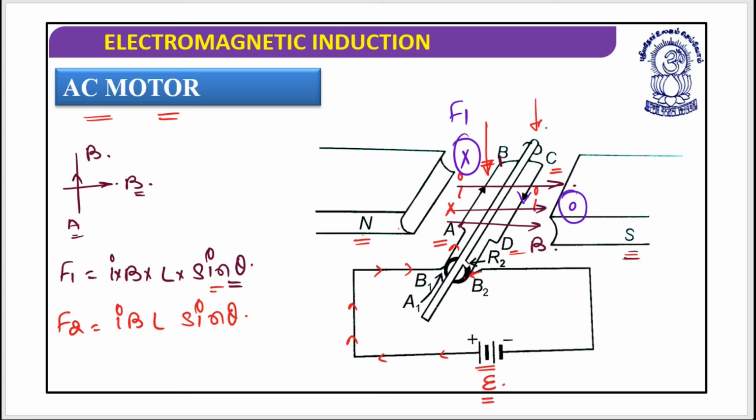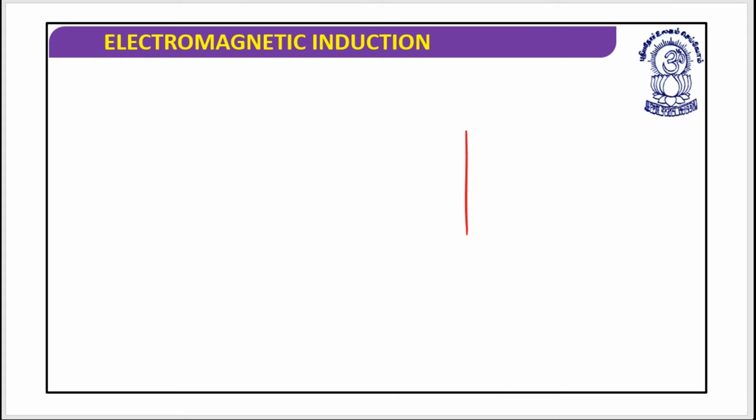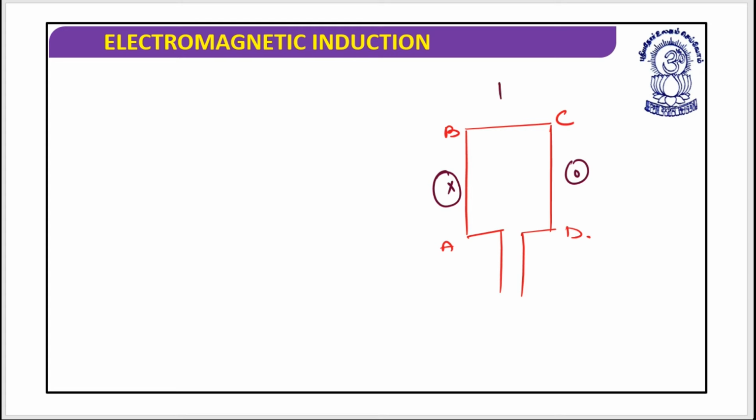In both cases, this theta is 90. So F net would be there, as you can understand from the situation. If I draw the simple diagram, it is something like this: a rectangular coil A B C D. On one side the force is acting in a downward direction, and on the other side the force is acting in an upward direction, and let's call this the axis of the ring. So this will